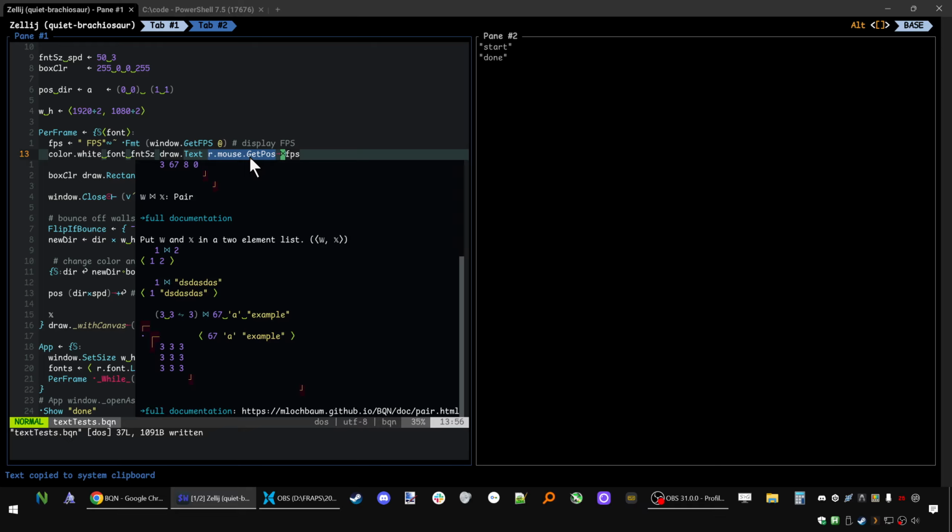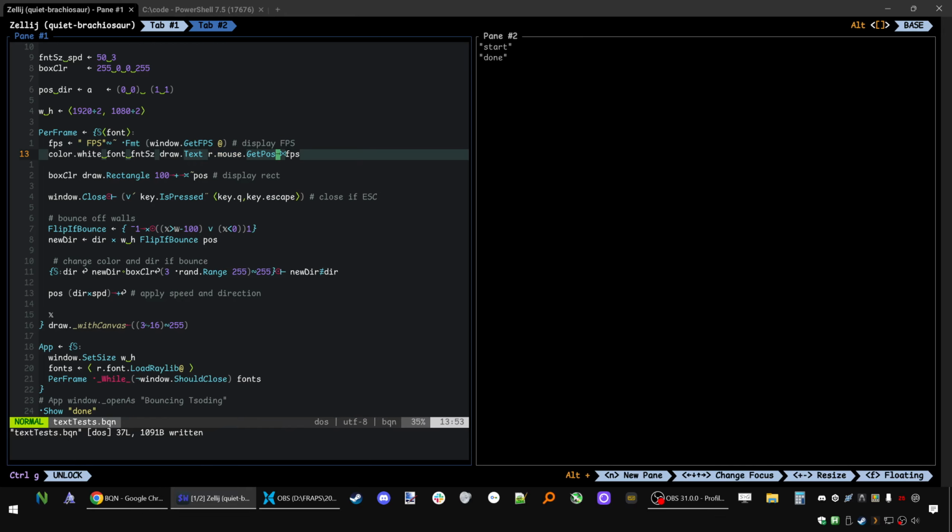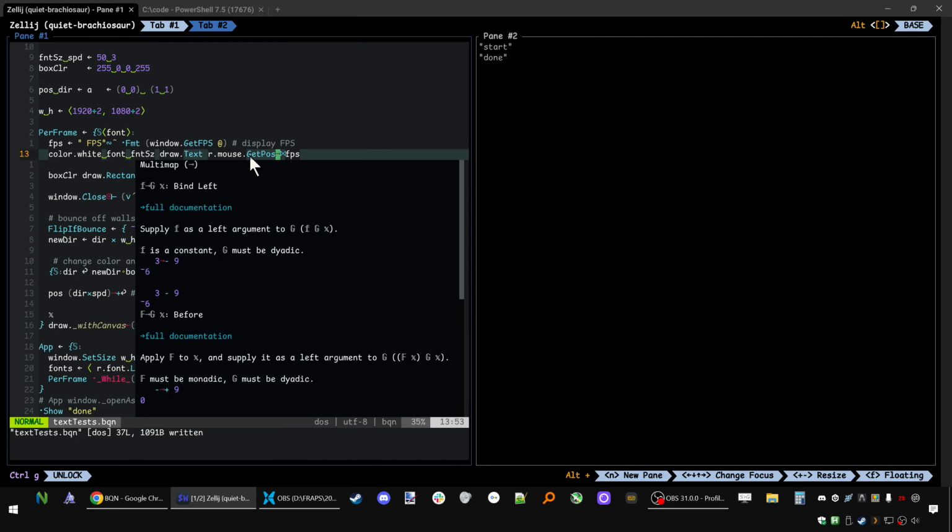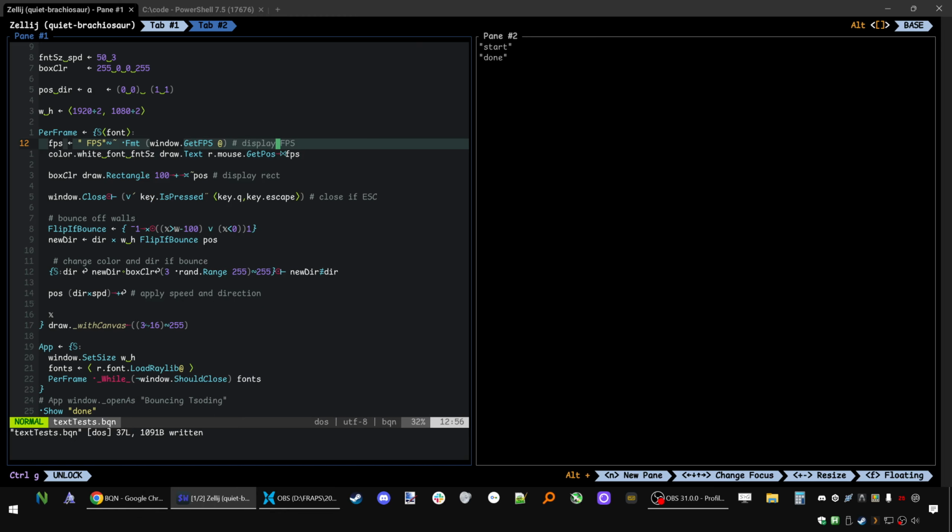Because we're not just joining it. We're using bind left, this little red thing. The fact that it's red means it's a 2-modifier: it takes two operands, two functions, or two anything. But let's get two functions, and then calls before